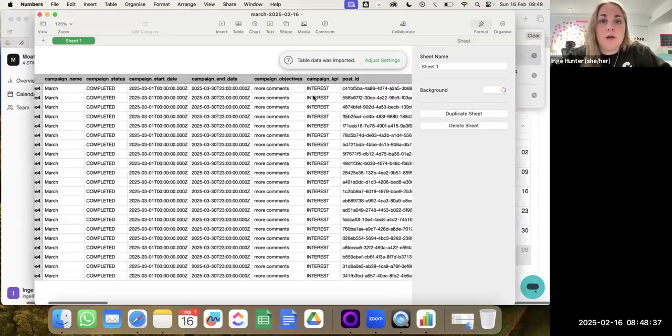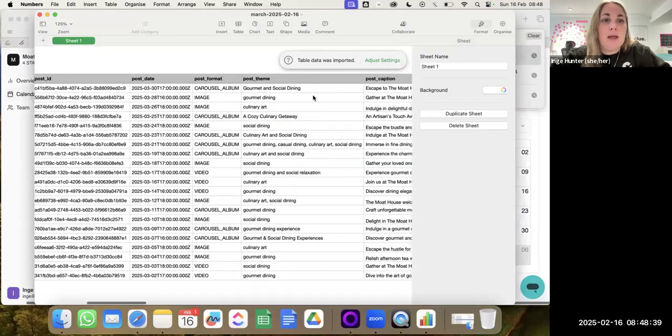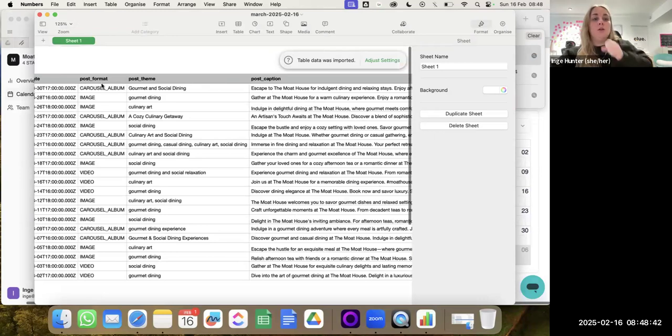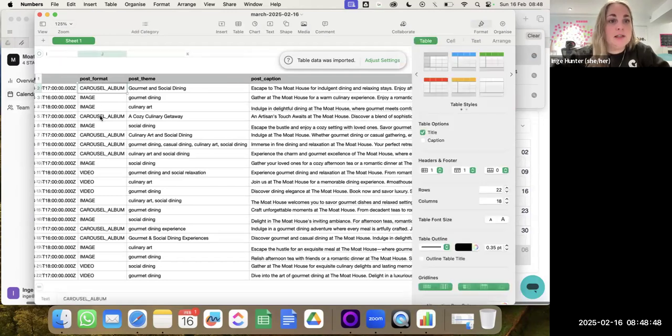Ignore the first lot of columns, they are specific to the campaign and the post IDs, but you then have a list, pardon me, of things that you need to make. So you need to make this carousel, and all the details along the side. The other thing about the video